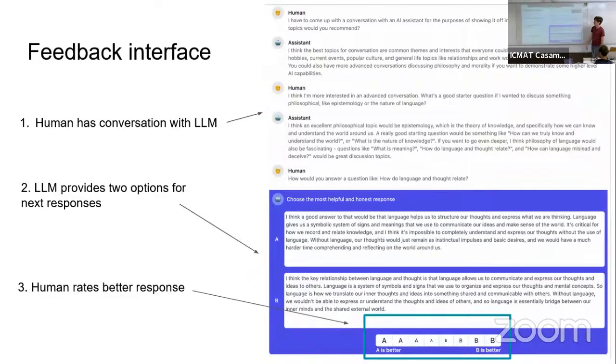This is a typical interface. We have a conversation between a system and a human, and then for a human question, the same model generates two outputs. And now the human just picks A or B. This is the basic one, but you can have some kind of Likert scale for whether A is questionable or not. But in the end, people just filter out the middle and it's binary preferences. It's quite easy.